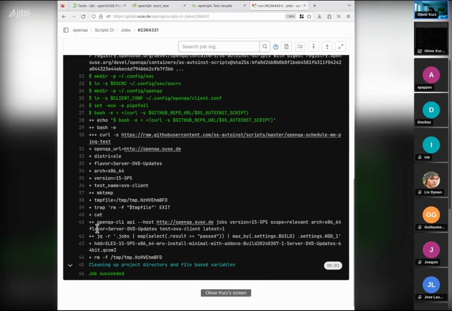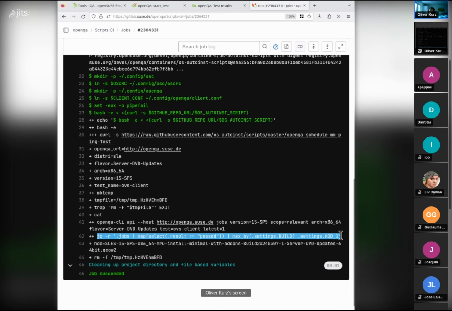You can see here that it's similar code. So we trigger the test, and then we look for the results. For that, we are using openQA CLI, and we parse the results with jq, and we are selecting